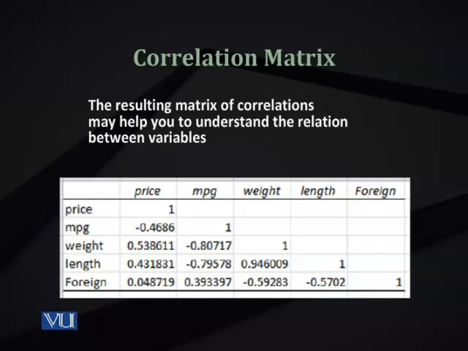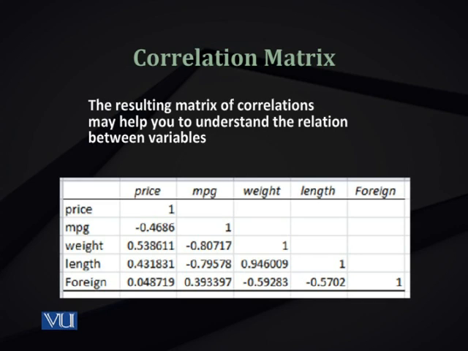The correlation matrix that you are seeing shows that the correlation in the diagonal is 1. Obviously, this should be 1 because the first one is the correlation between price and price itself. Similarly, MPG, which is mileage per gallon, and MPG, it is 1. So you get 1 in the diagonal. You see that the upper diagonal is empty because the upper diagonal is just a mirror image of the lower diagonal because correlation is symmetric.